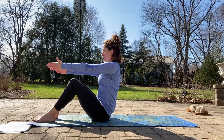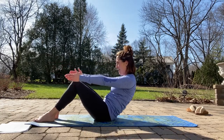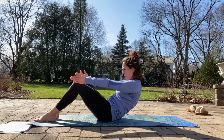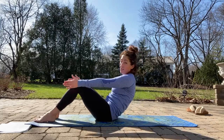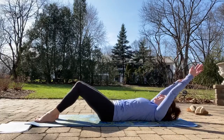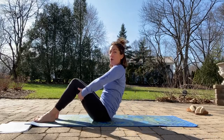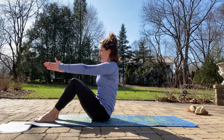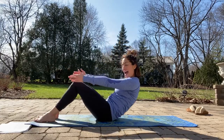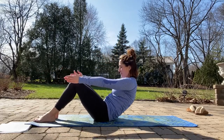And back to start. You are going to go 1/4 of the way, and again, halfway, and 3/4 of the way. That's the hardest one, for me at least, and all the way down, and we can start here and pull up tall, or we can keep the arms out the whole time. So the last time through, we're going halfway. We're gonna go 3/4 of the way